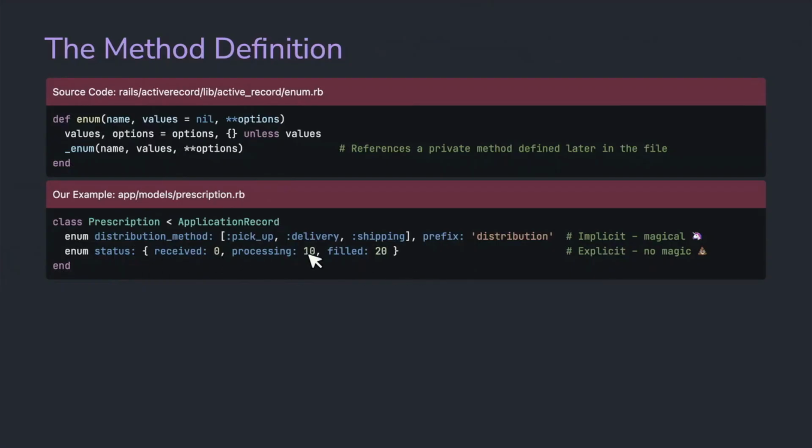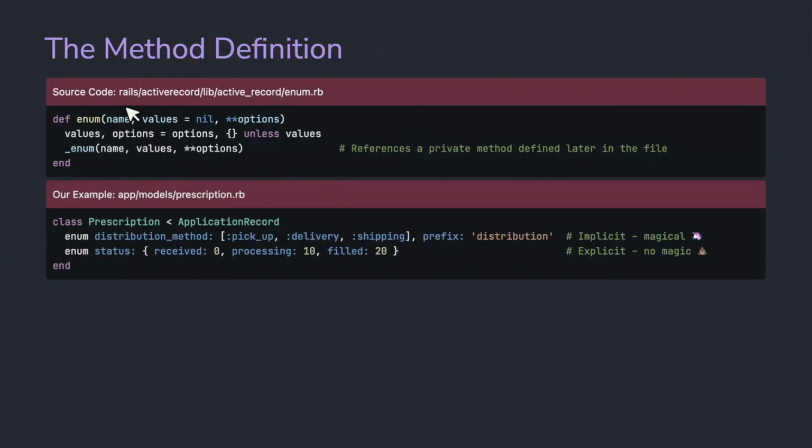And notice how I skipped numbers here. I don't know exactly what all statuses are for prescriptions. If there's another one, I might want to put it in between one of these. And you know how you can't change the order? If I put in something like intake in here and assign it 5, I'm not changing the order of any of these. They still have the numbers they were assigned originally. So that's how you can give yourself a little flexibility sometimes.